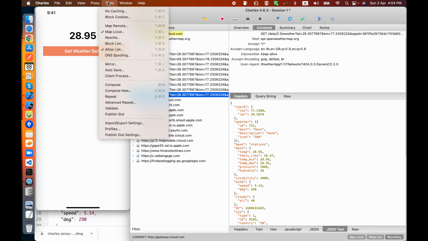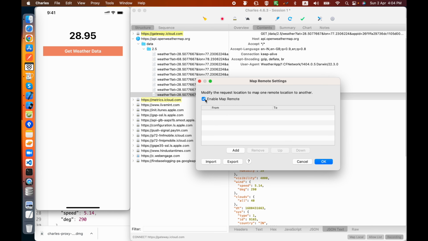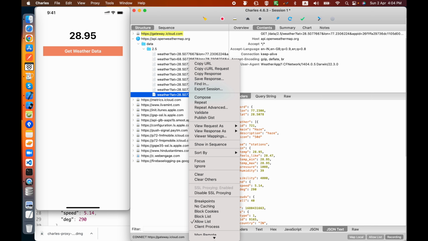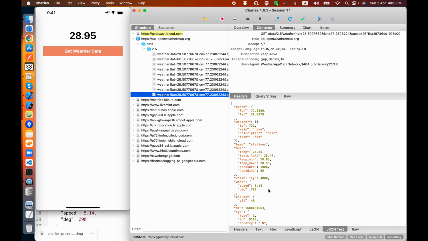So let's go to tools, go to map remote and enable map remote. You need to enable it first, and then you can see a map remote here as well. Now in this case I need to fill in the details here. So this will be HTTPS and jsonkeeper.com, and the path is this. We don't have any query. Okay, so now when I click on get weather data,